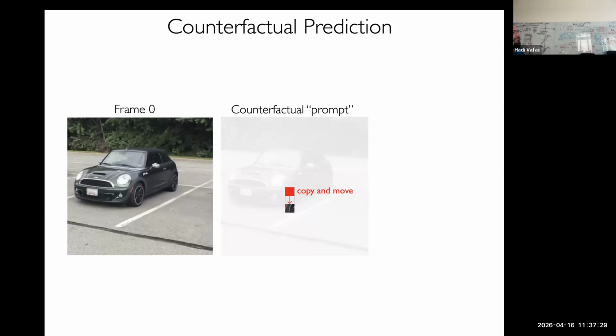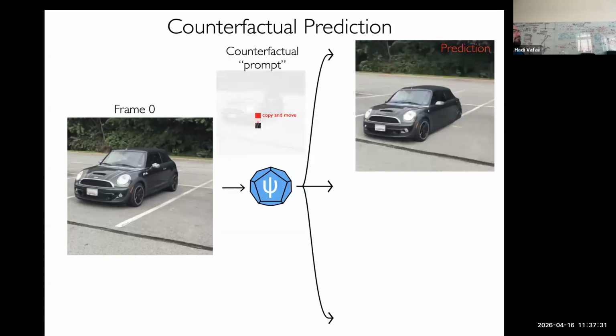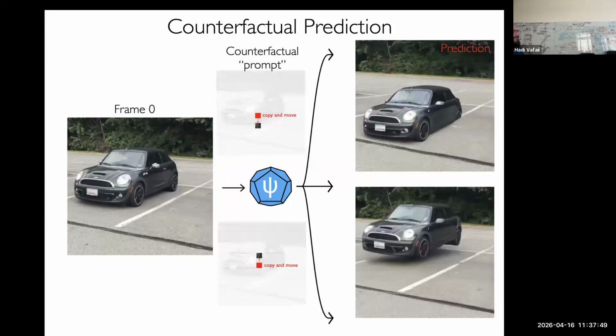But once you fix the camera, what ends up happening is this, because it's the only plausible continuation of what will happen if you tell me the camera is fixed and yet the little bit of the car moved down. It has to do something weird. It preserves the car to some extent, but it's got to do something weird. Here's another one. We moved this patch up. It's got to create a shadow. It's got to move the car entirely.